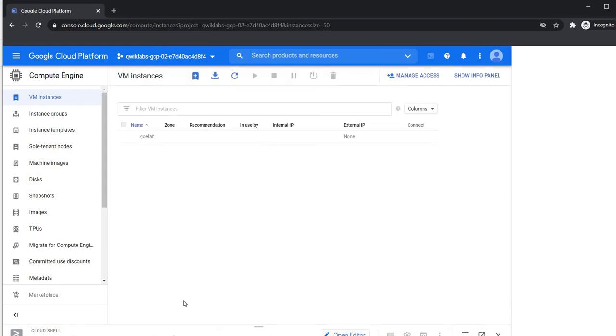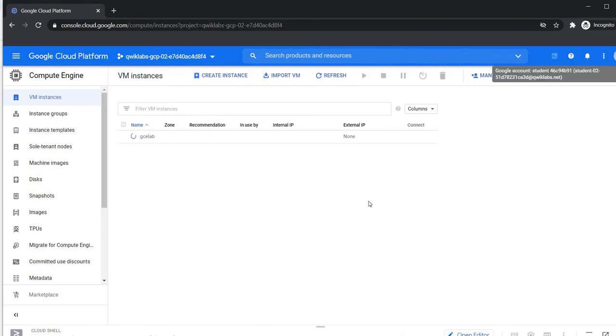After a few seconds, you can see that you have created one Linux system in your Google Cloud Console. Just a minute, it is creating.